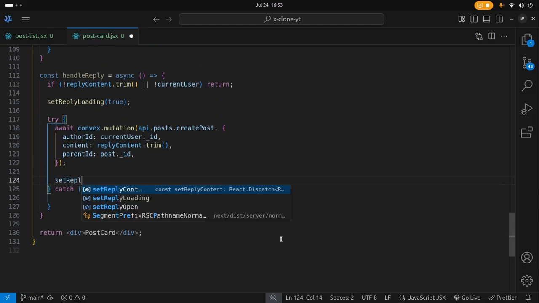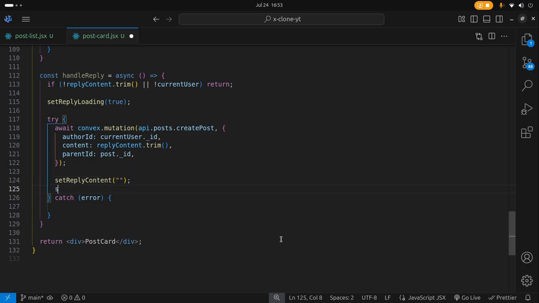So setReplyContent back to an empty string, and then setReplyOpen back to false,